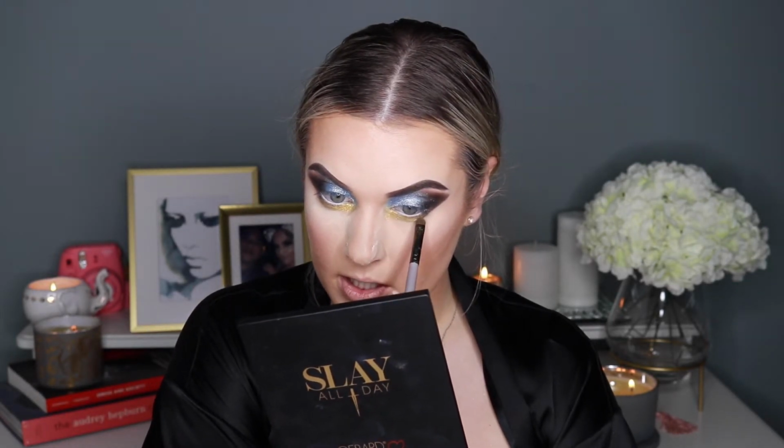So as you guys know, because I have to intensify everything on this look, we are going to intensify this gold even more by using our Iredale 24 karat gold pigment. So before on the blue part we used the silver, and now on this part we're going to be using the gold. Okay, so grab your loose pigment